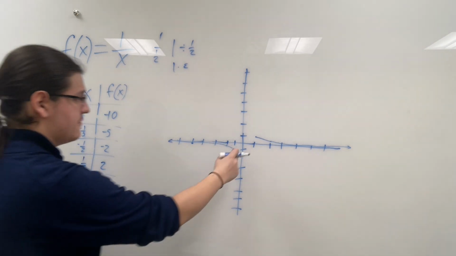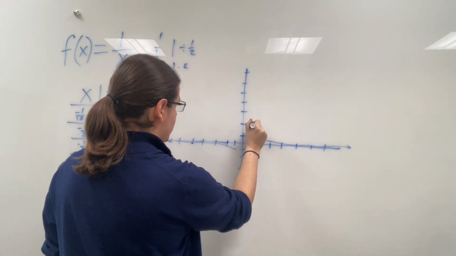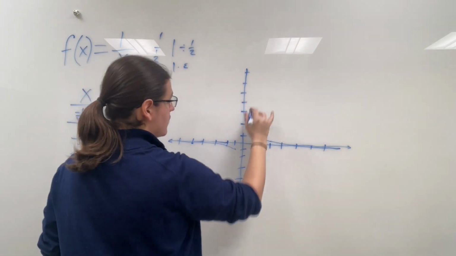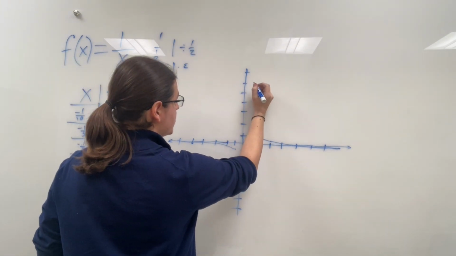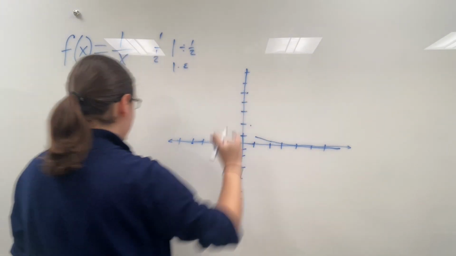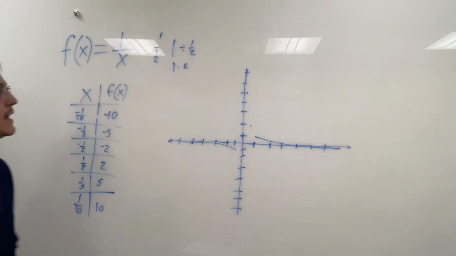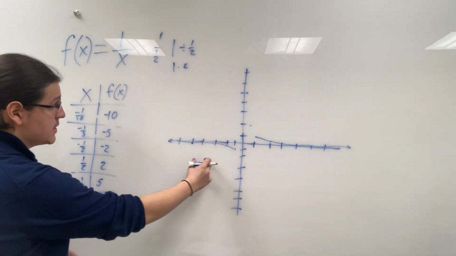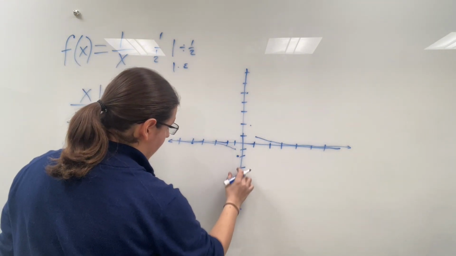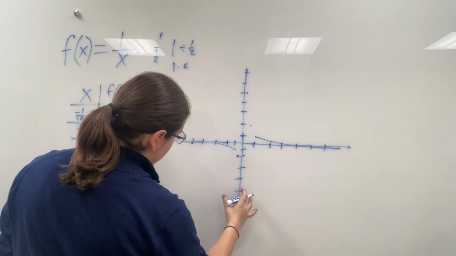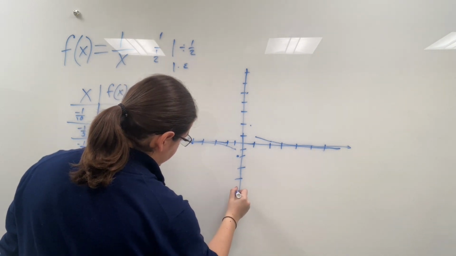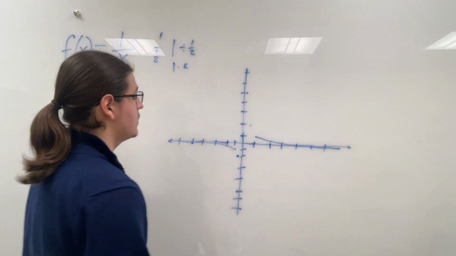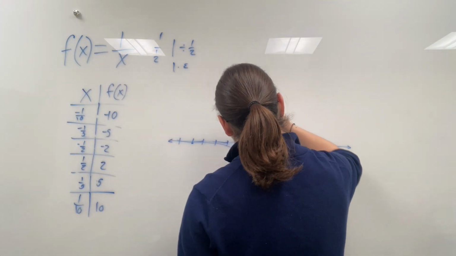So at 1/2, it'll be right here. At 1/5, it's going to be all the way up here. And then at 1/10, it goes beyond what my graph even shows. Same here. At -1/2, it'll be at -2. At -1/5, it'll be at -5. And then at -1/10, it's going to go beyond what we have here. So, connecting these points,